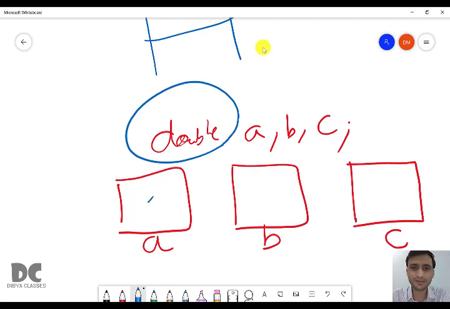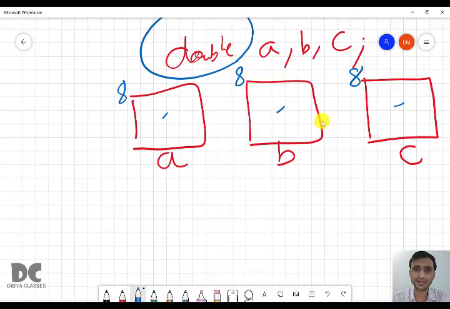Means all these variables can hold real values or decimal values, okay, of size. Double also tells about the size, of size 8 bytes. So all these variables will be of the same type, only the names are different. Okay, it is not like that. For example, if you are writing